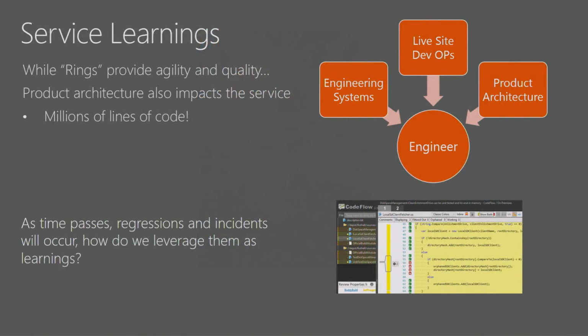So how do we improve the product itself? Our service is made up of millions of lines of code. It is incredibly complex. It is even larger than the service fabric itself. While we could do inspections of code, what we really do is let the service guide us. And what I mean by that is the regressions. As you recall earlier, we have this thing called rings, and we're trying to find as many regressions as we can as early as possible. And every time we have a regression, we want to learn as much as we can in order to improve our product, as well as processes.